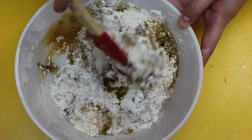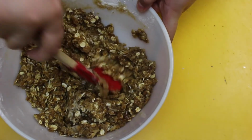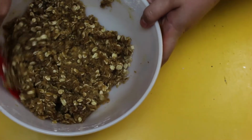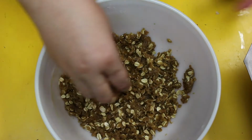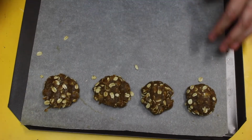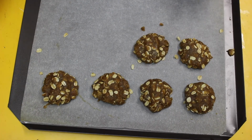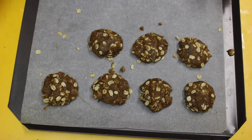If you find it's too dry, you can add a little bit of water. I would say no more than a tablespoon. It's not supposed to be a wet mixture like a chocolate chip cookie. It's a dry sort of cookie, but still got a lot of moisture in it. So if you can squish it into a ball and it holds its shape, you're a winner. You're going to make these into about golf ball size and then squish them as you pop them onto a baking tray. I'm going to bake these in the oven at 160 for around 15 to 20 minutes until they're nice